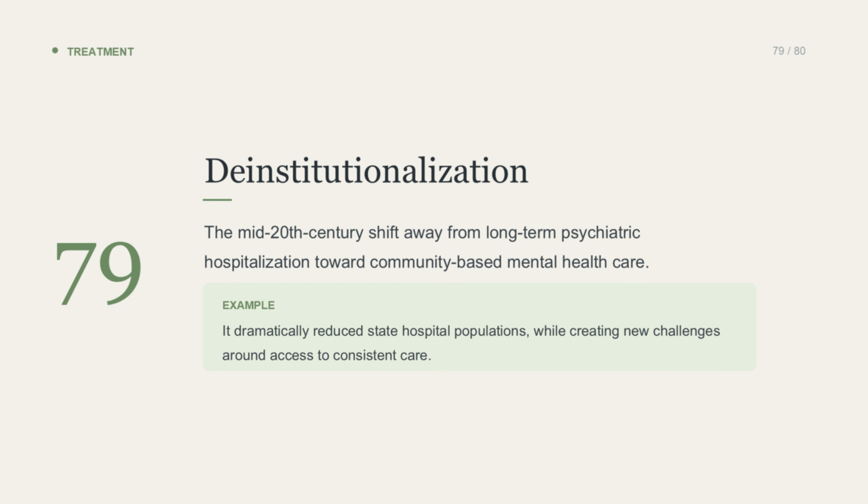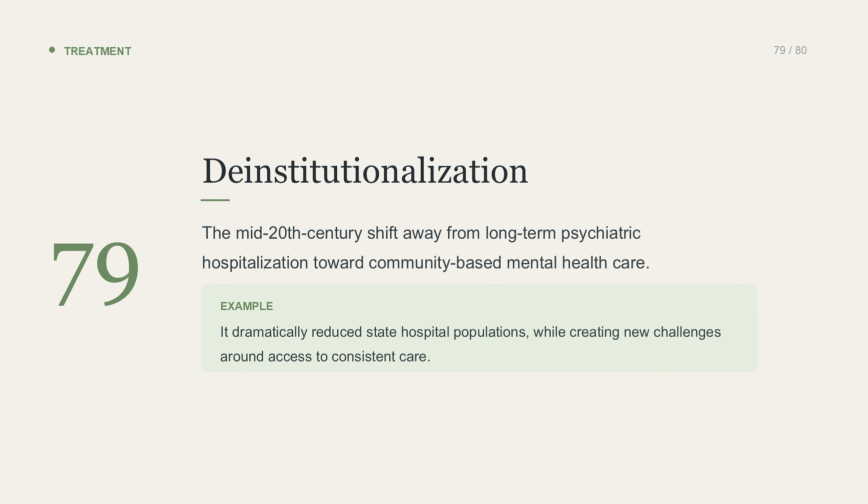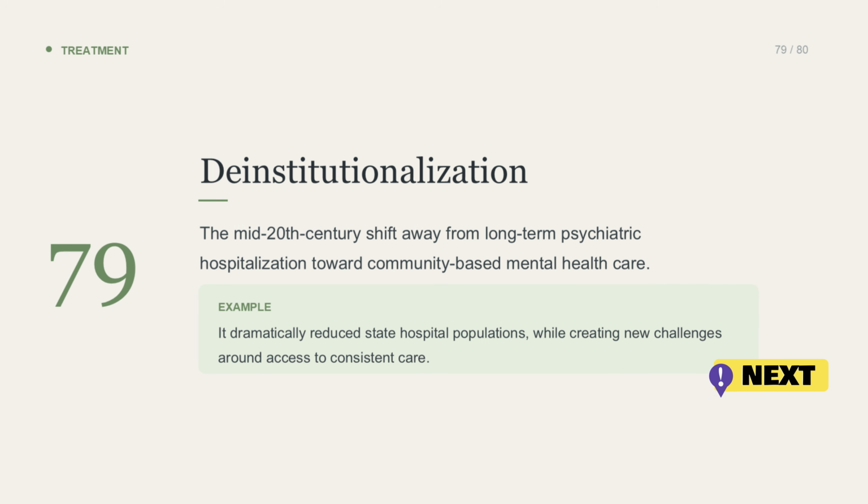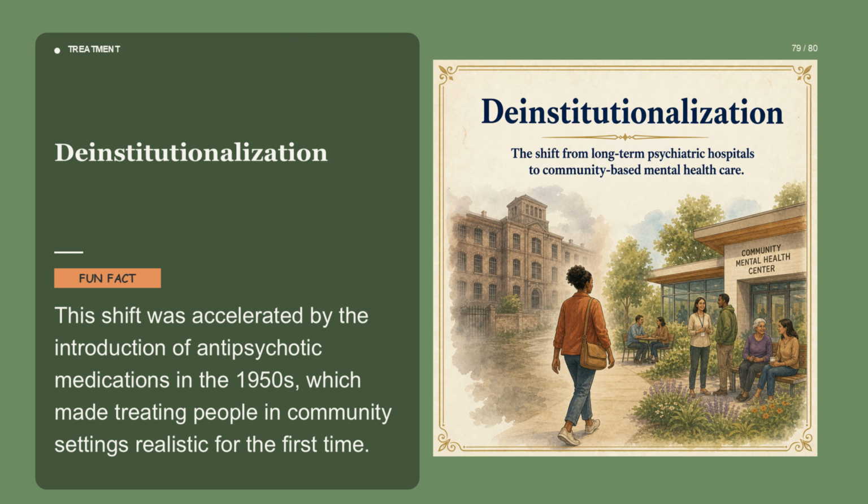79. Deinstitutionalization. Deinstitutionalization refers to the mid-20th century shift away from long-term psychiatric hospitalization toward community-based mental health care. For example, deinstitutionalization dramatically reduced the population of state psychiatric hospitals, while also creating new challenges around access to consistent